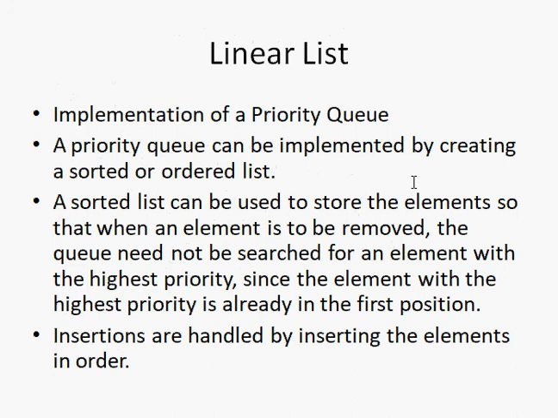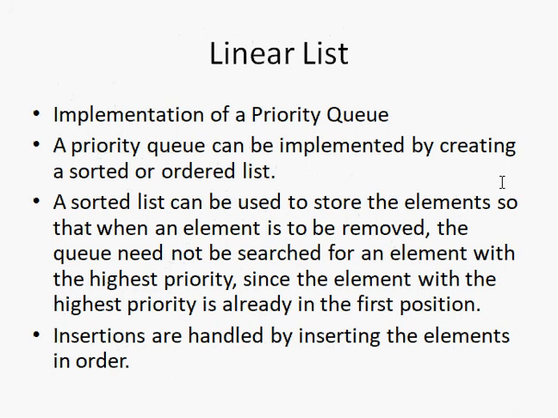So why would we require this kind of a structure? If you want to transform an unsorted list into a sorted list, then you need to work with different algorithms like bubble sort, or you may have to use insertion sort or even selection sort. These algorithms are used for sorting a given list in either ascending order or descending order.